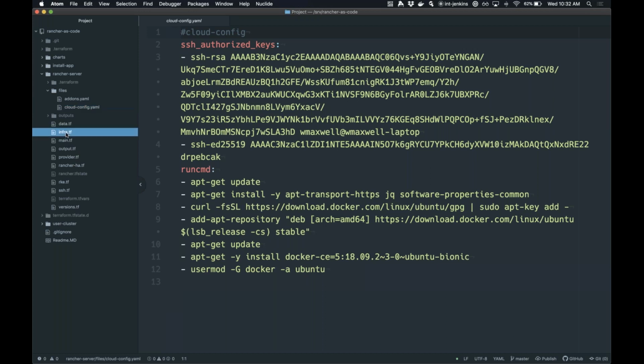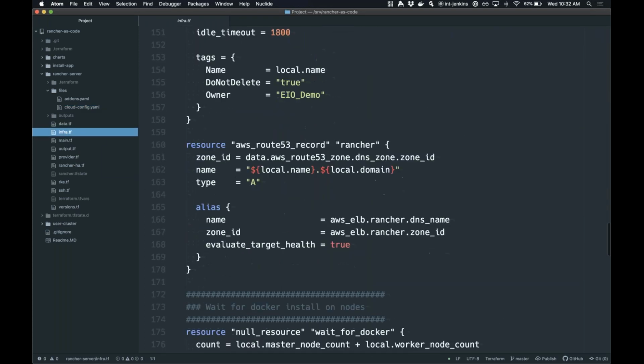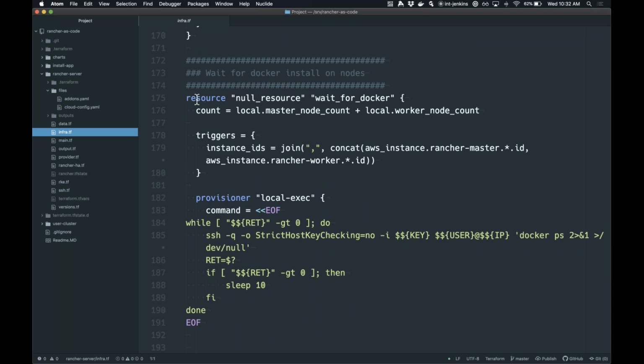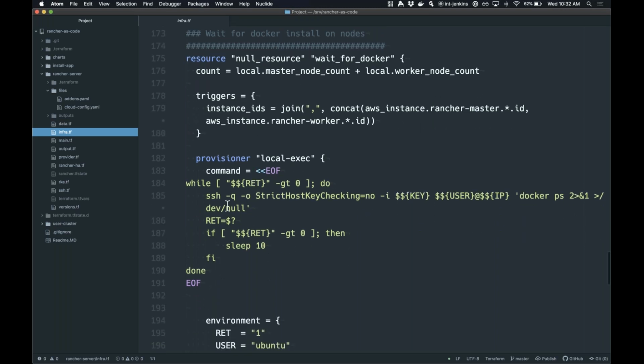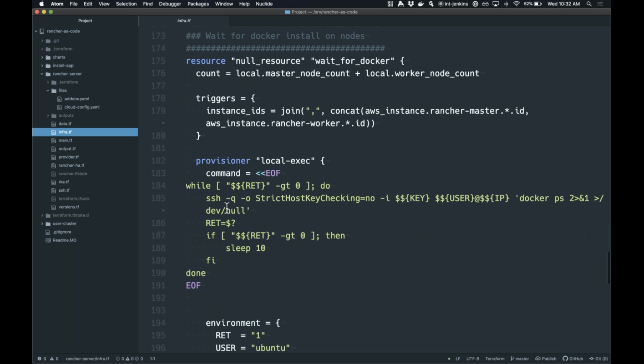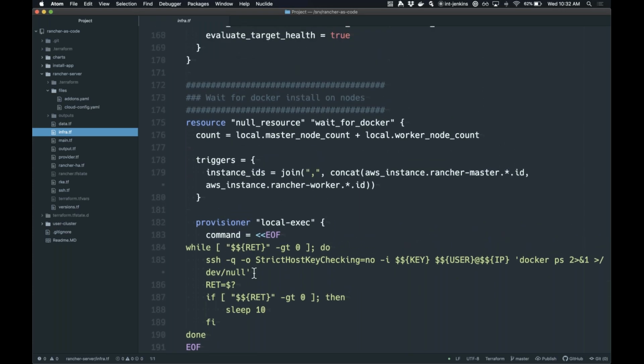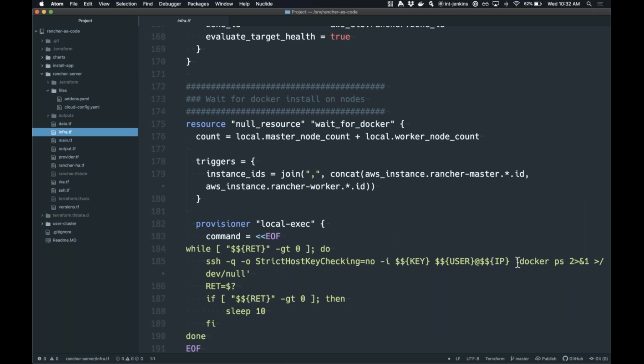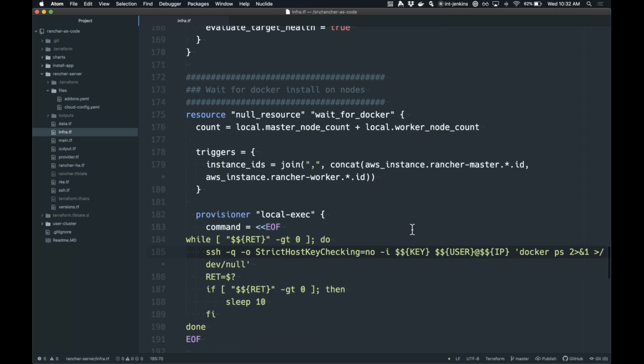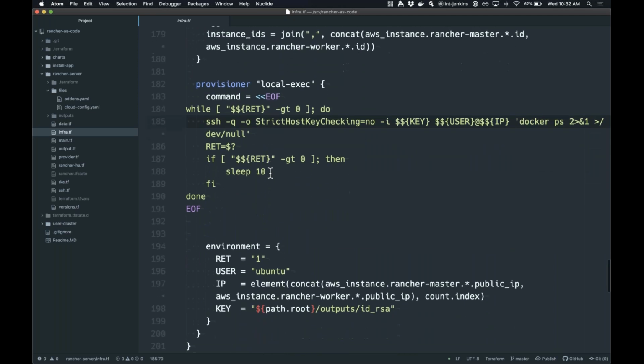In order for us to know when the user data is done before we start running RKE, we're using what Terraform calls a null resource. Basically, we're running a script here to check to see if Docker is accessible. So we're running a docker ps essentially. We're looping over that until it returns 0, so that we know Docker is now running on all of these nodes we provisioned. I'm running this on the masters and the worker nodes. So once this is done, we'll be able to move on to the next command,